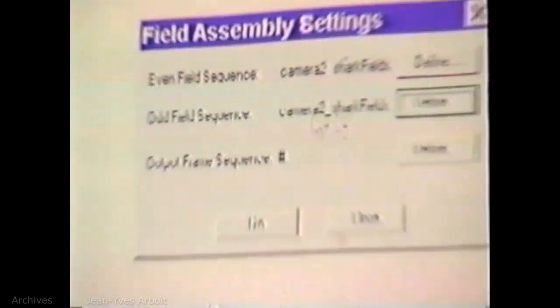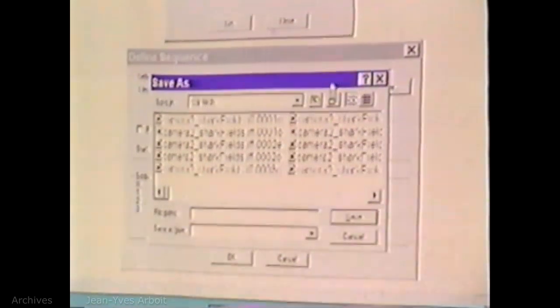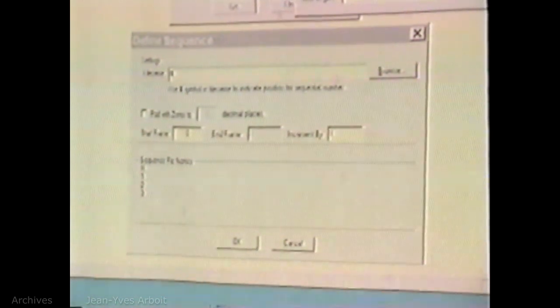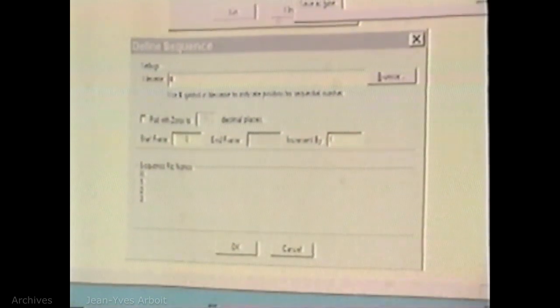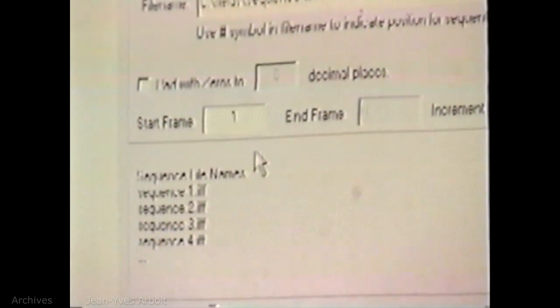10, and with my output frame sequence, okay, so this is where I define what the output's going to be like. And I could browse over here and I could say, well, I want to save this as, I don't know, sequence dot number, so that's a wildcard. So you have your number dot IFF. Boom. If you notice right here, this has a sequence file name. So I've used my wildcard as the number right in through here and the extension. So I've switched the extension,